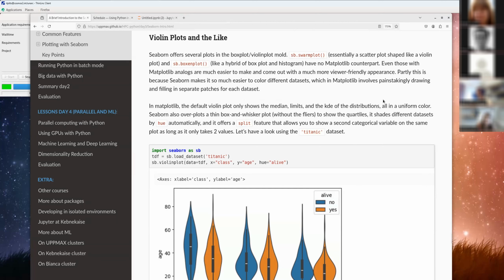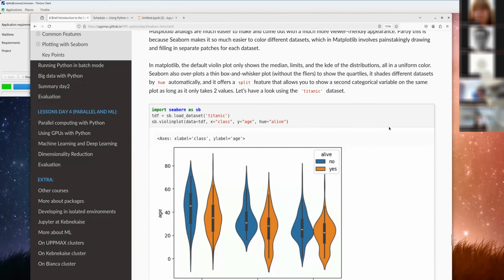And that's partly because Seaborn makes it so much easier to color different data sets, whereas matplotlib requires you to essentially draw separate patches to overlay on the underlying violin plot and color those in individually. By default, the violin plot shows only the median limits and the KDE of the distributions in a uniform color,